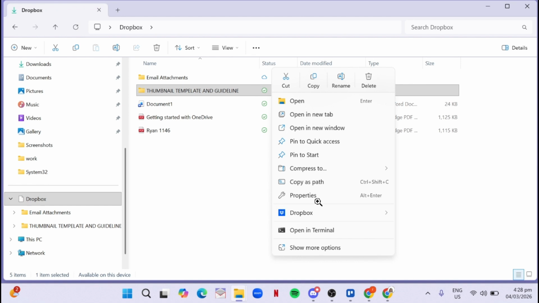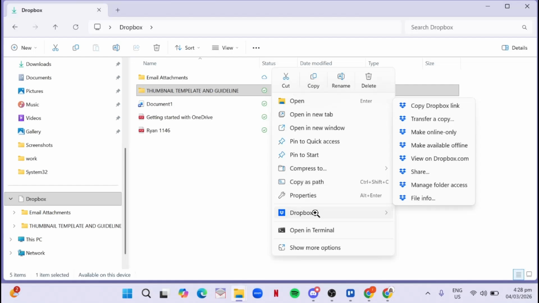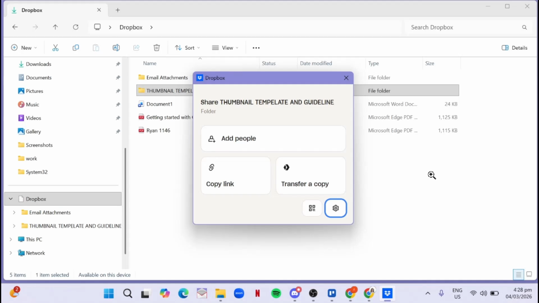Now, right-click on the folder. When you right-click, you should see a context menu appear. In this menu, look for the Dropbox option. This might be labeled as Dropbox or show the Dropbox icon, depending on your system. Move your mouse over that Dropbox option, and from the submenu that appears, click on the Share option. This will open a small sharing window or dialog box where you can choose who to invite and what they're